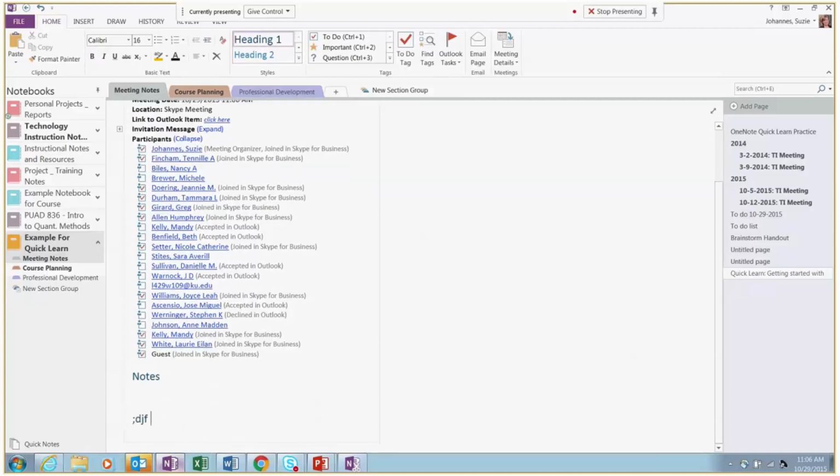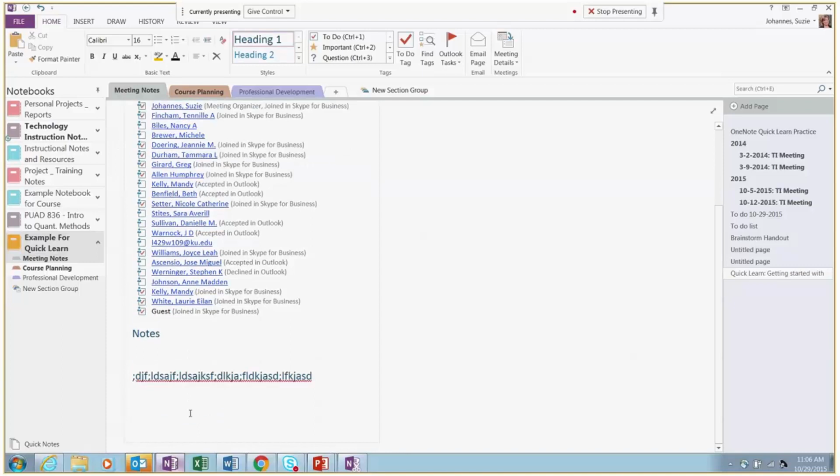So if this were our meeting, I could take my notes down here just to show you how great this is. Then I could come up here in the ribbon. I have this email page button, and just like that, it launches Outlook because it's integrated with Outlook, just as it's integrated with Skype for Business. It's going to pull up an email, and who's going to be addressed in the email is everyone here who I've invited. So let me try that again.